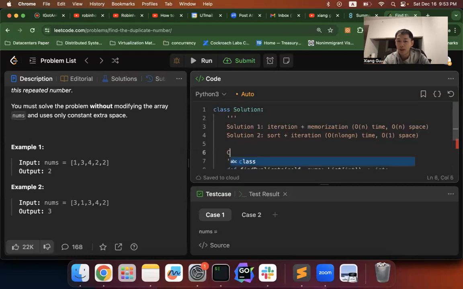But can we do better? Can we somehow combine the best from both worlds? Can we do O(n) time and O(1) space? And then when you think about O(1) space, immediately what you're thinking of is, okay, we have to do some